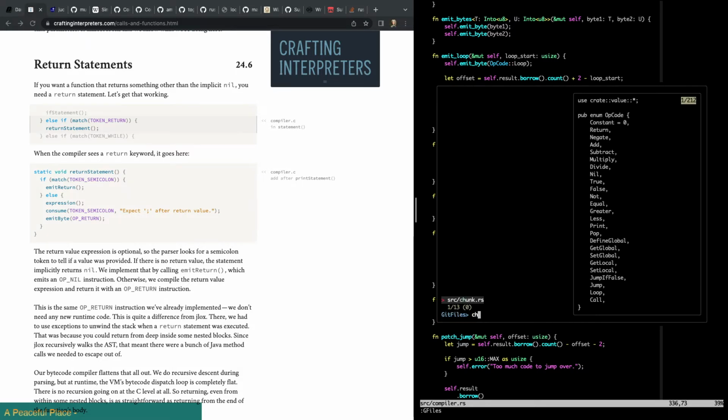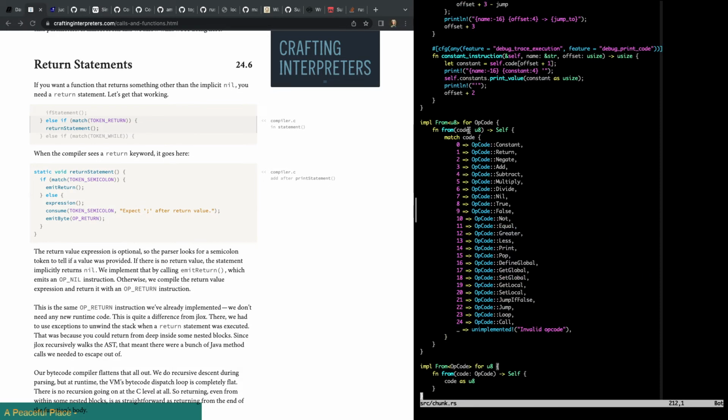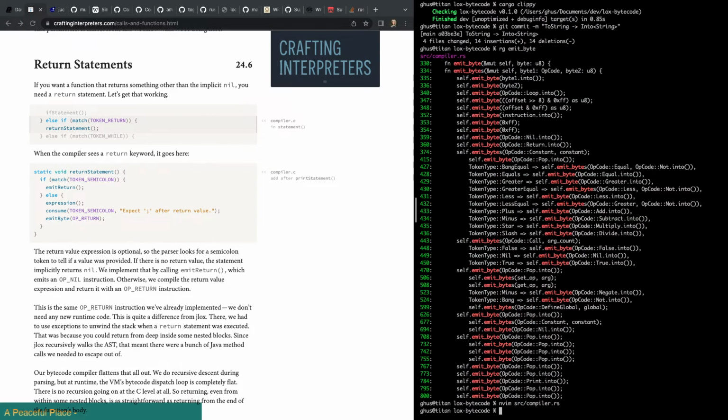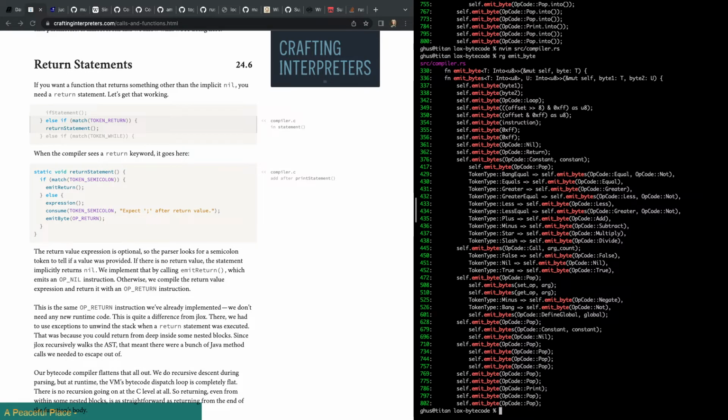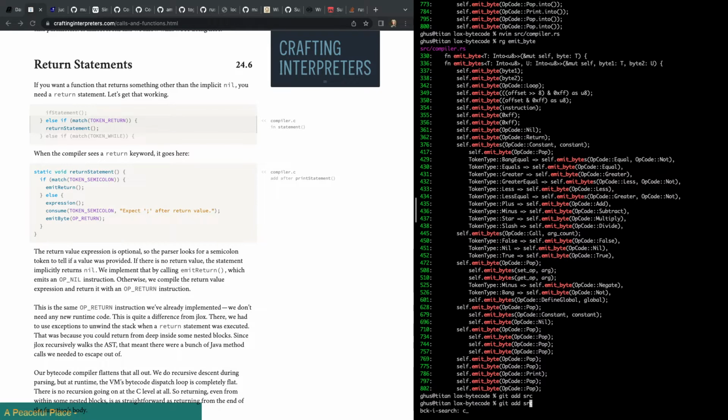And the reason we can do it is because in chunk we already had a From implemented for opcode, which gives us the Into for the other direction. All right, so I think that's a nice cleanup. Yeah, I think that looks more legible. So let's git add source.